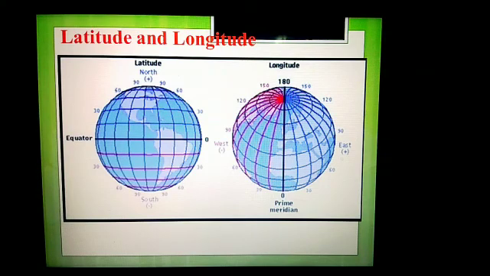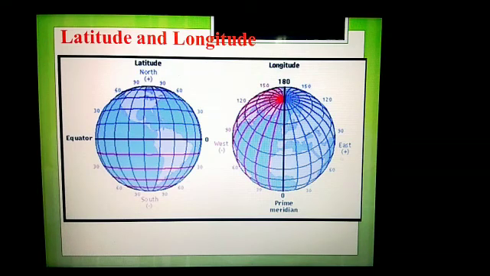In the second picture, with the prime meridian as the base, the longitude lines are drawn. Here look at the red color lines. All these are longitudes. And what about the degrees, children? See, with 0 degree as base, towards the west it is minus 30 degree, minus 60 degree, likewise it goes on. Towards the east, it is 30 degree, 60 degree, 90 degree, like that it goes on. Okay, so now you understand the difference between latitude and longitude.